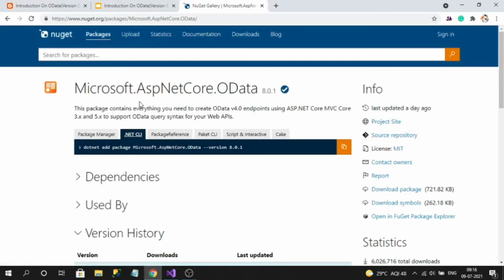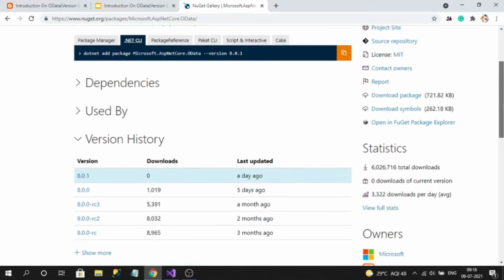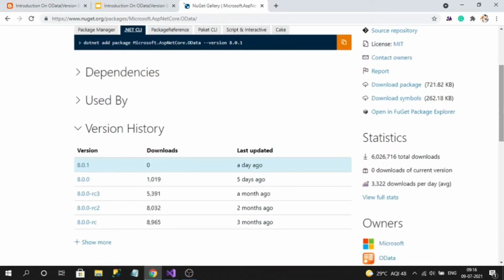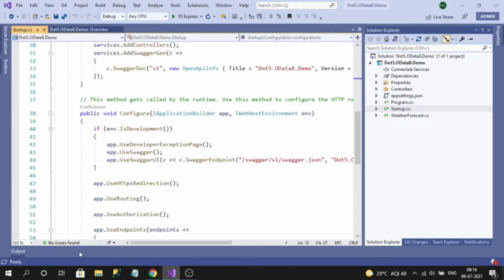We need to install Microsoft.AspNetCore.OData. This is version 8, and it is compatible with .NET 5. Below versions it won't be compatible. Let me install the latest one, that is 8.0.1. I am going to copy the command from the package manager, copy that one, and let me open my terminal.